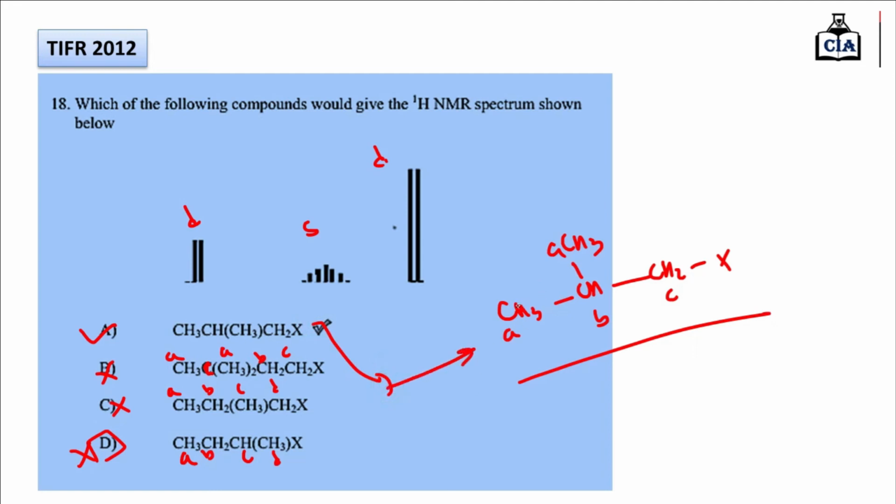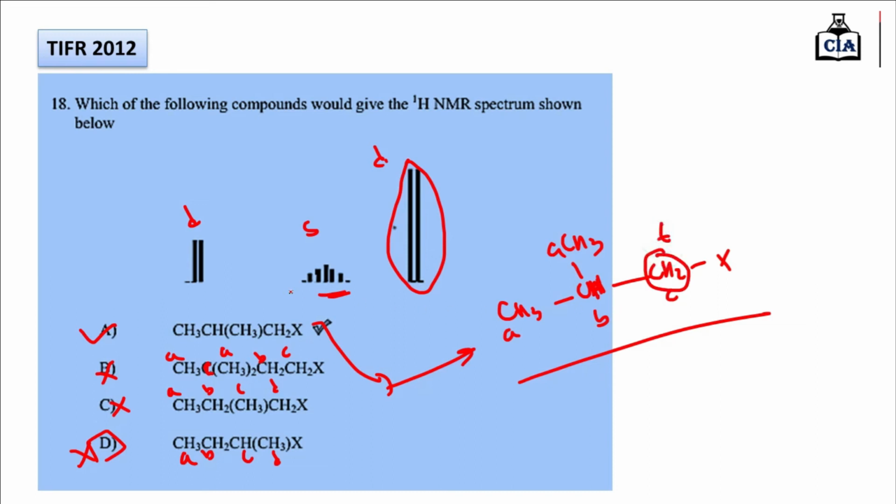Okay, so this 6 hydrogen atom will give the doublet. Due to this 6 hydrogen atom, the intensity of this doublet will be higher. Now this 1H proton has a total of 6 adjacent hydrogen atoms, so this 1H will give the septet. So this is the septet for this, and this 2 hydrogen has only 1 hydrogen atom at the adjacent carbon atom, so this 2 hydrogen will give the triplet.